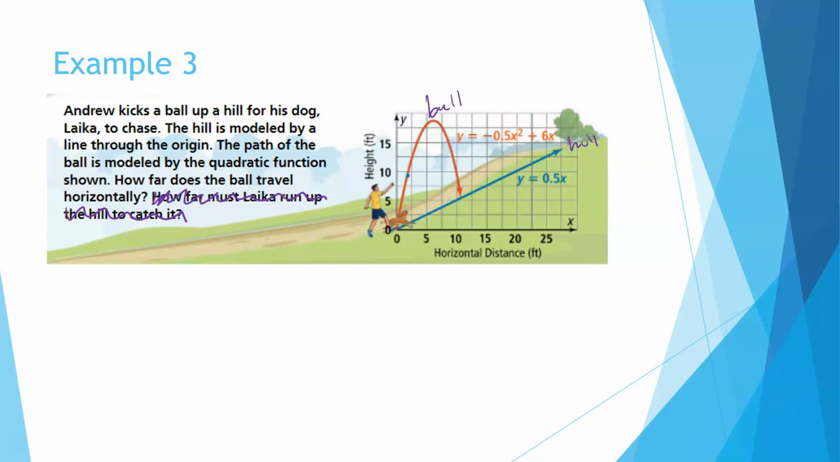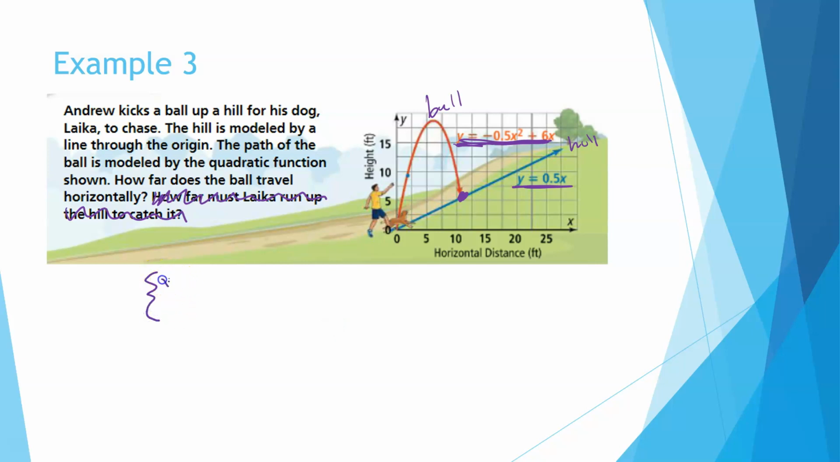How far does the ball travel horizontally? Okay, so if we want to know how far the ball travels horizontally before it hits the hill, we're looking for this point, which means we are taking, and you can see they give us the equations right here, we are taking these 2 equations and we are solving them,